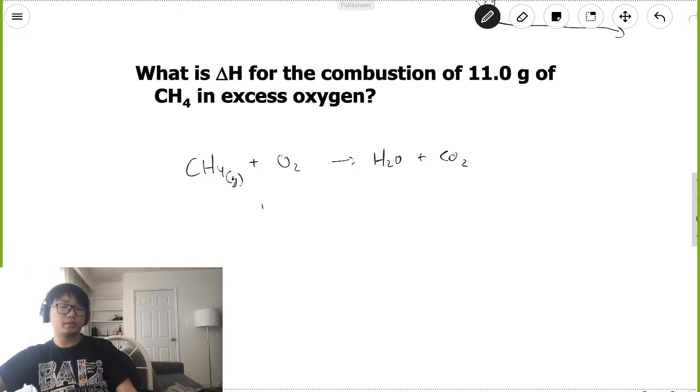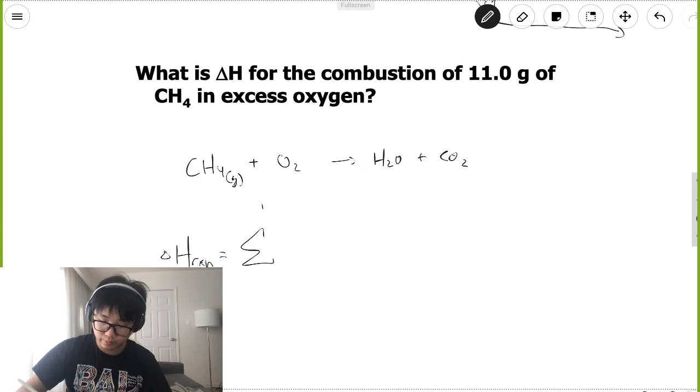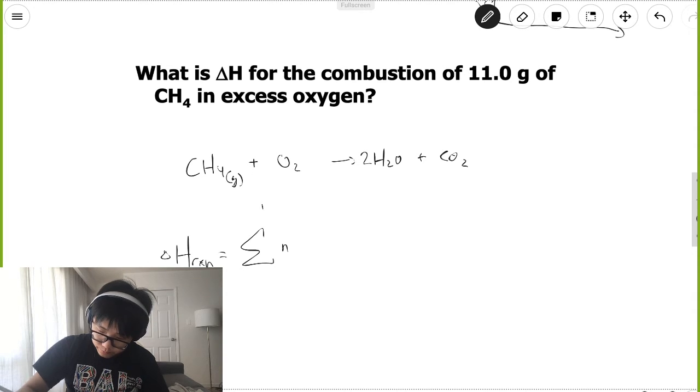So what I'm saying is the delta H of reaction can actually be calculated using this equation. The sum of all the products, so don't even worry about that sign for now, if we take the number of moles, so the coefficient in front of our balanced equation. Are we balanced in this case? We are not balanced, so we need to just put a 2 here,